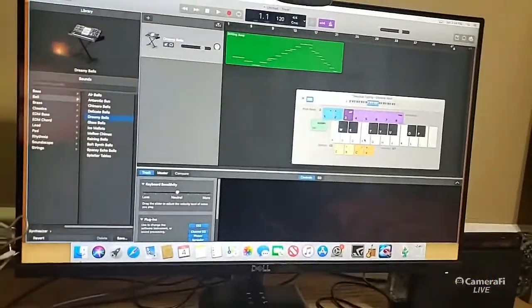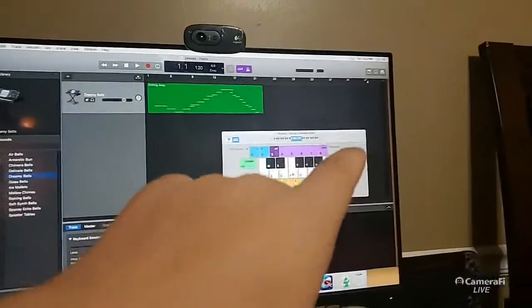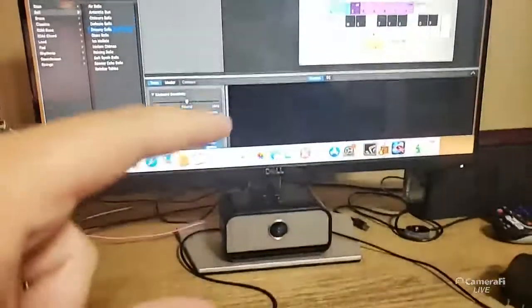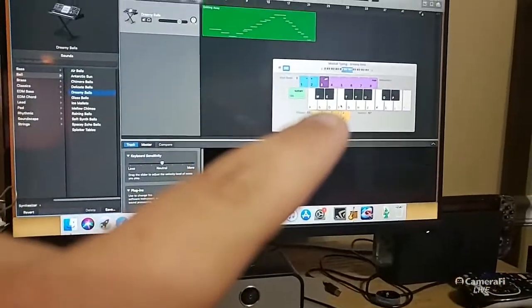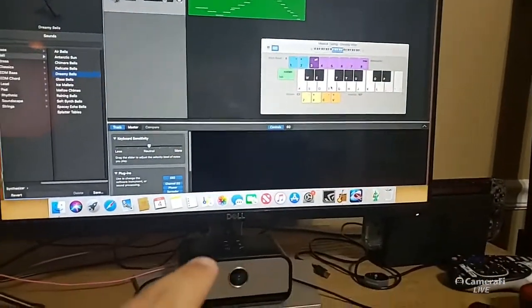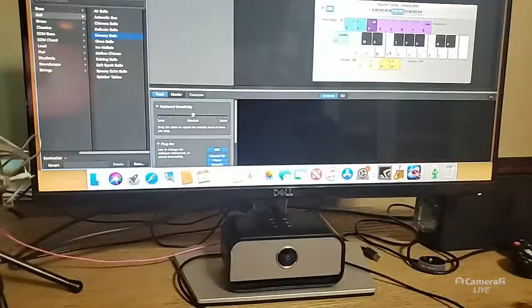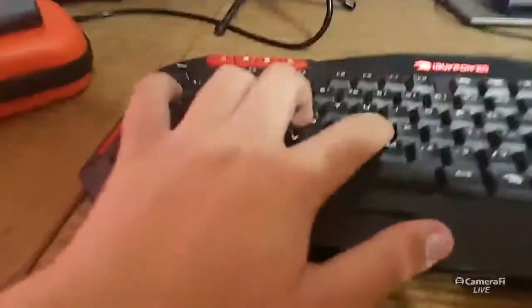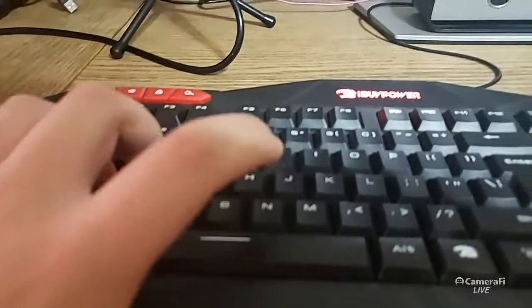Basically, here lately I've been having a little audio issue. Right now this is GarageBand. When I play something up here, it's like a slow delay. So as we can see here,